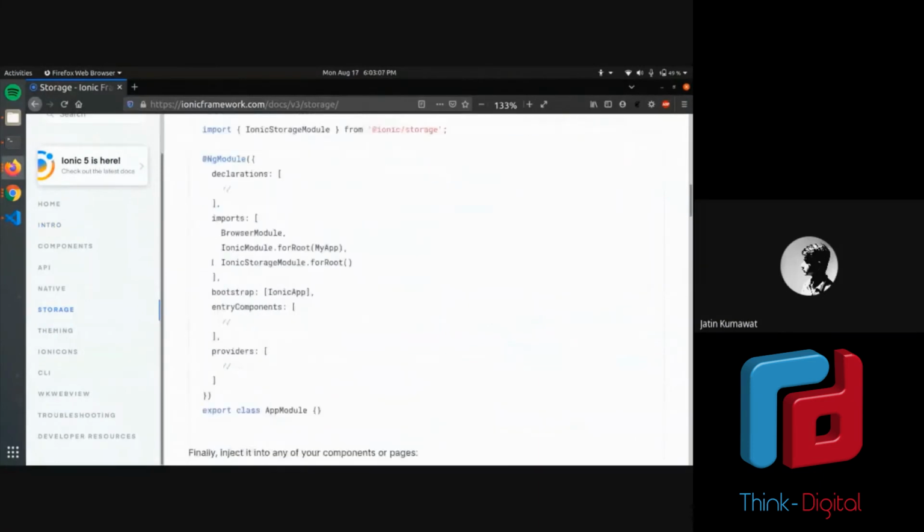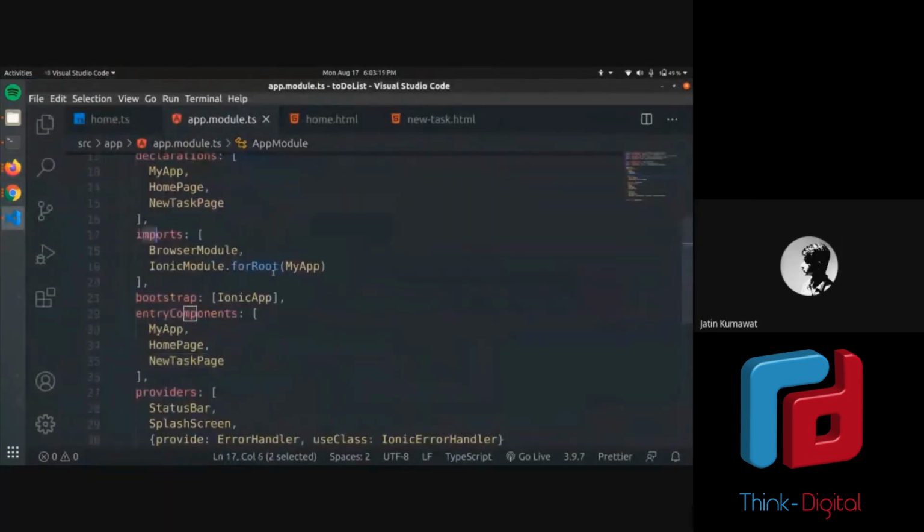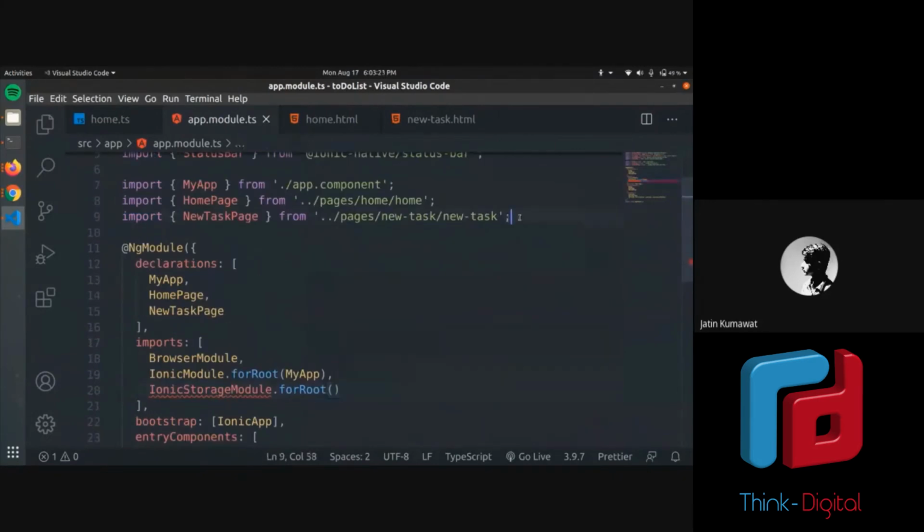So I'll just need to add this one line in imports. I'll go to app.module.ts imports, this is imports, and I will write that line here. It's showing an error, so I will need to import this storage module.